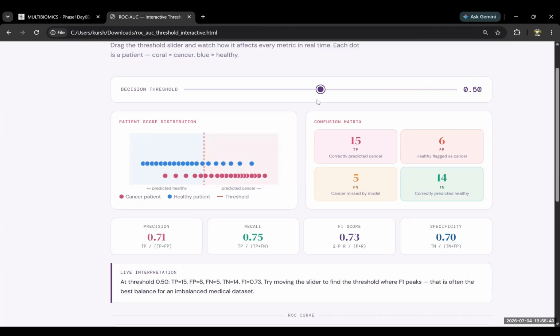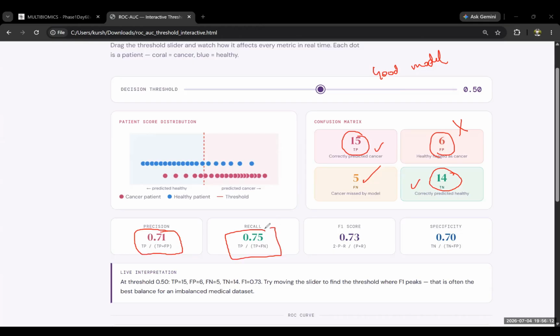So again with the same threshold, we have true positive 15, okay, and true negative 14. So the true classifications are higher. Suppose you have made a good model, okay, and still we have got false positives. False positives also clinically we can adjust with, but false negatives, these are our issue, okay. Now just note down the precision. So precision is 0.71, recall is 0.75, f1 score is 0.73, and